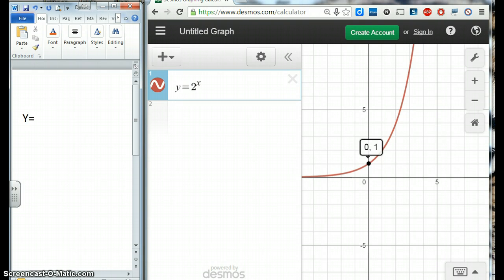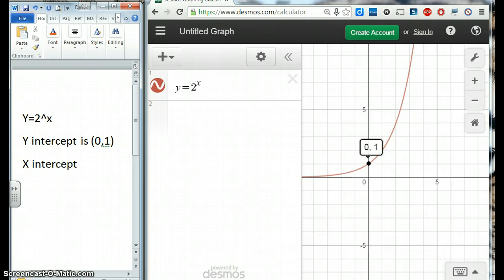So y equals 2 to the power of x. The y-intercept is right here because it hits the y-axis right here, and that would be (0, 1). And the x-intercept is none. It does not hit the x-axis. The asymptote,